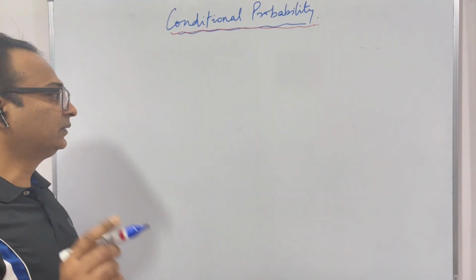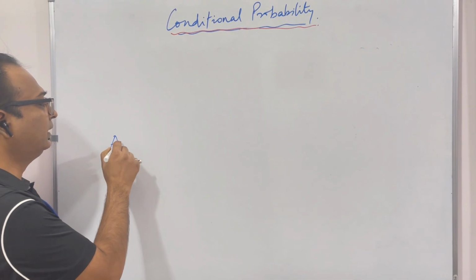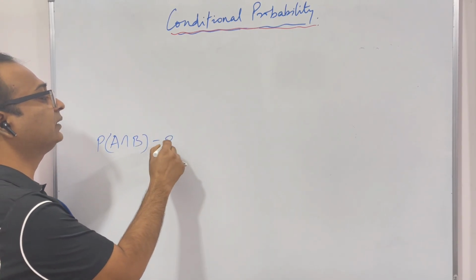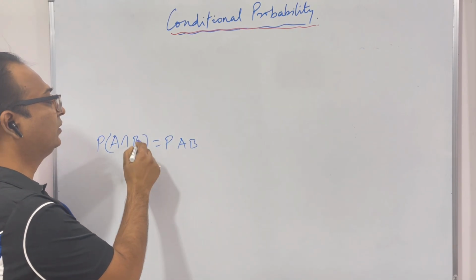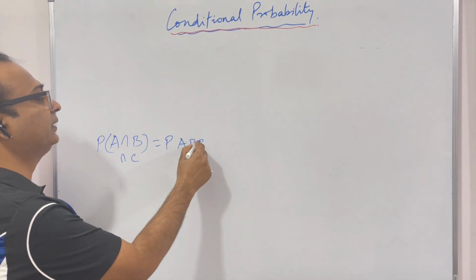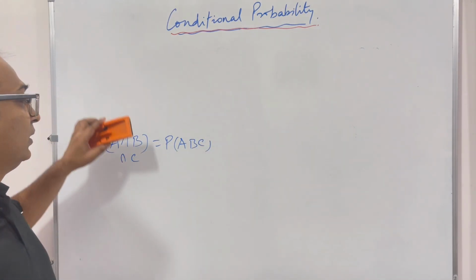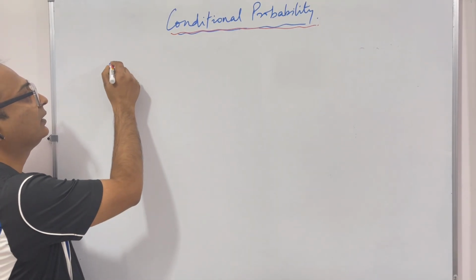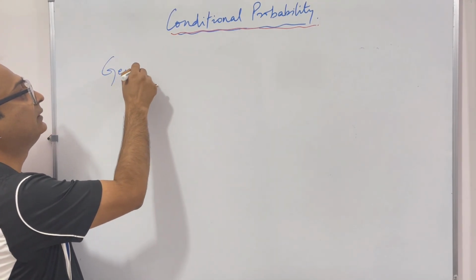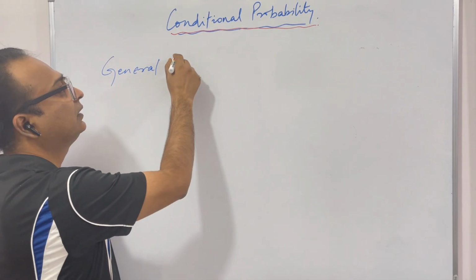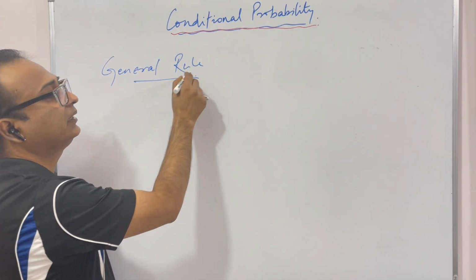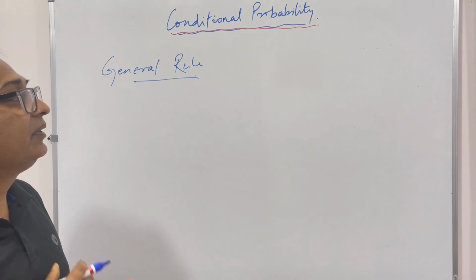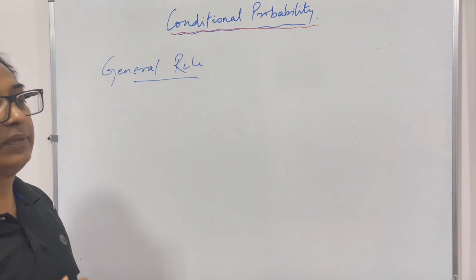Okay, I just told you that P of A intersection B is also written as P(AB), or if there are three elements, then P(ABC), like this. So you should keep this in mind because we will be using it in our next topic. That is the general rule for conditional probability. We just saw conditional probability for two events. Now if we have multiple events, n number of events, then